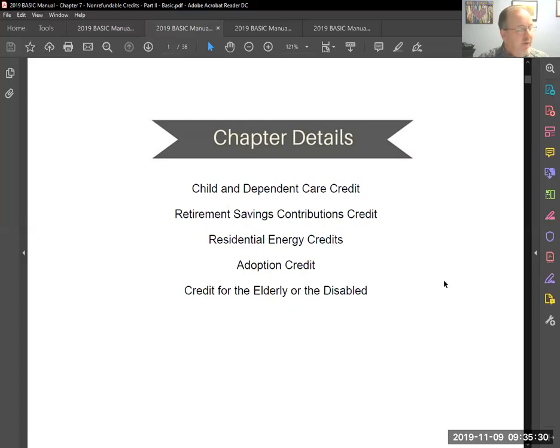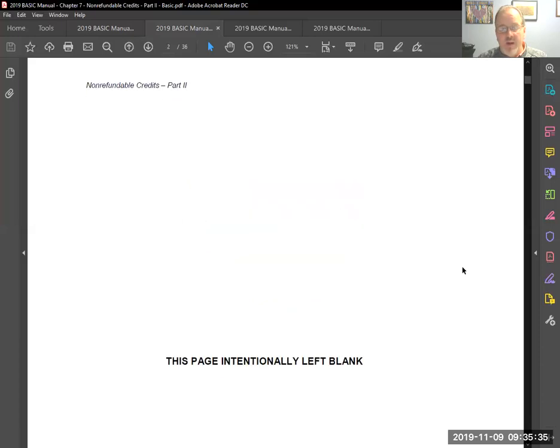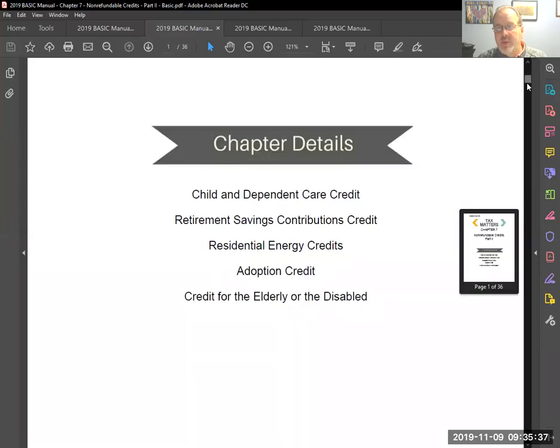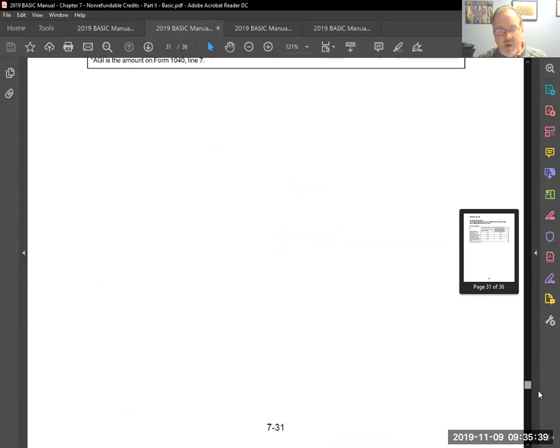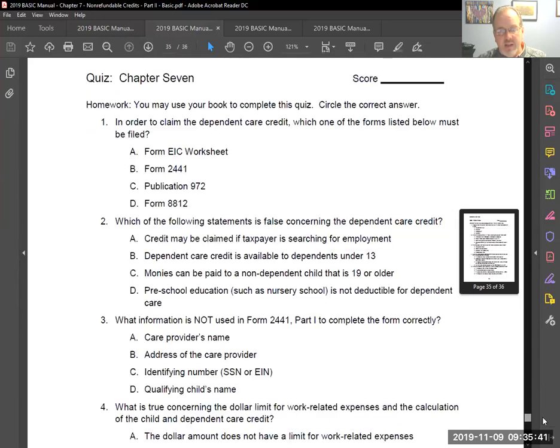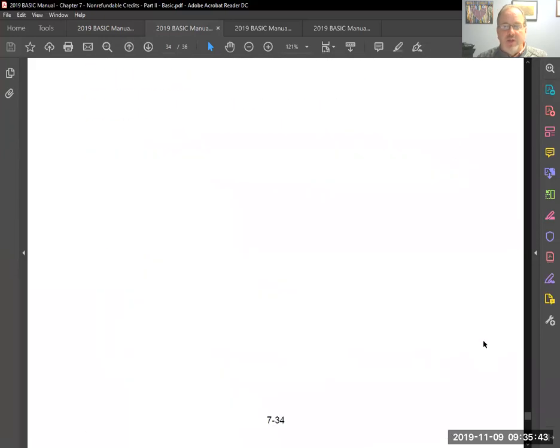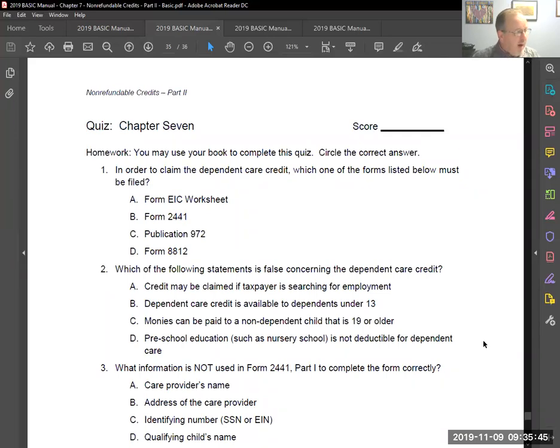Adoption credit, again, very good credit, $13,810. The adoption credit in there, and it does have some carry forward, okay? All right, so we're going to take a look at the quiz on Chapter 7. All right, so the quiz on Chapter 7 we have,